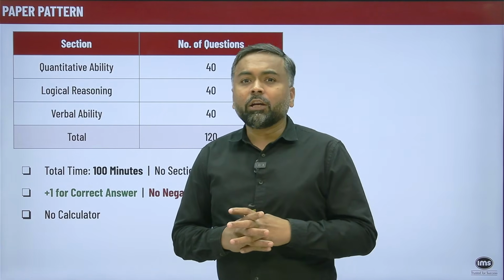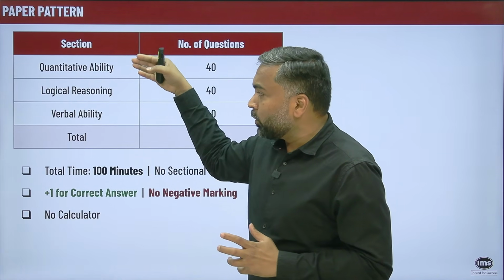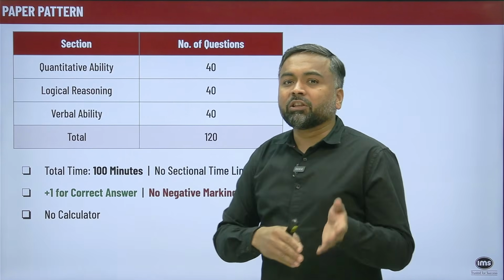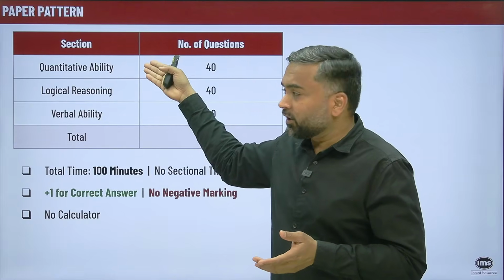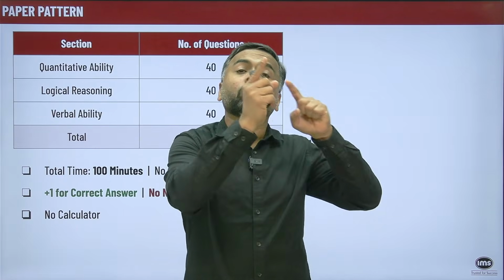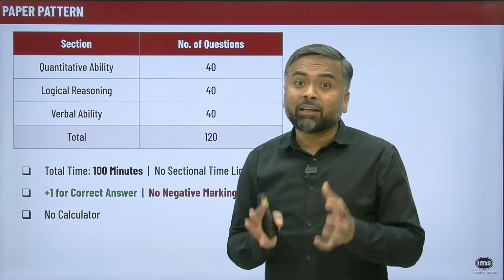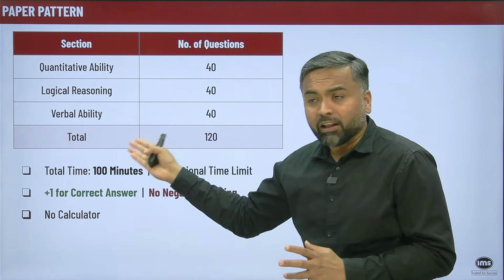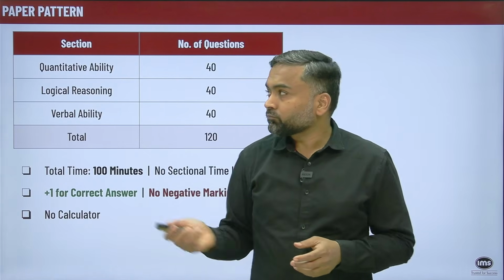Now, one thing that students need to keep in mind is that this year you can switch from one section to another section. You can start from the first, second or third section. Until last year, that option was not available. Only if you completed 40 questions in the first section could you move to the next section, and once you completed 120 questions, you could go back to all the 120 questions. From this year onward they have changed it, and I would say it's a welcome move for students. Students can directly jump to the logical reasoning or verbal ability section. So this is a slight change in the interface this year.